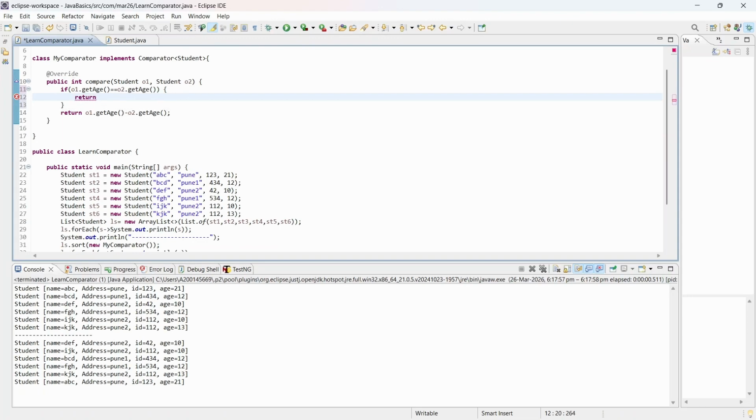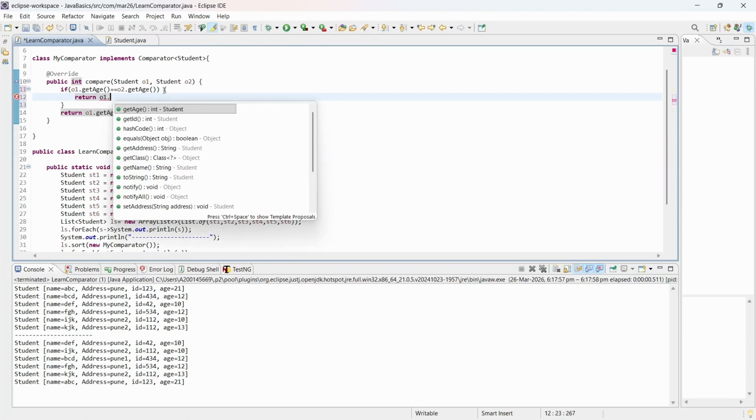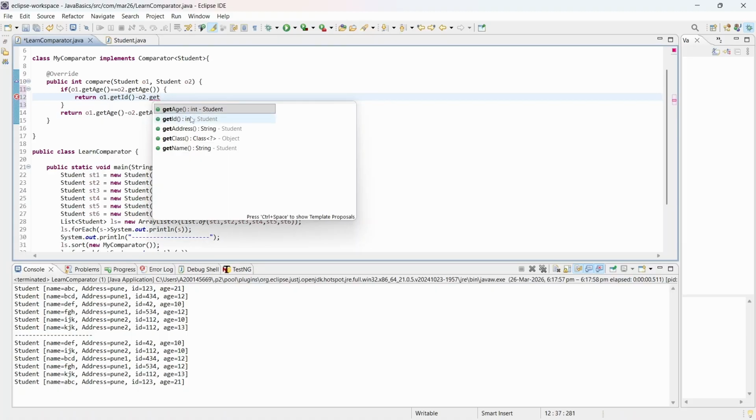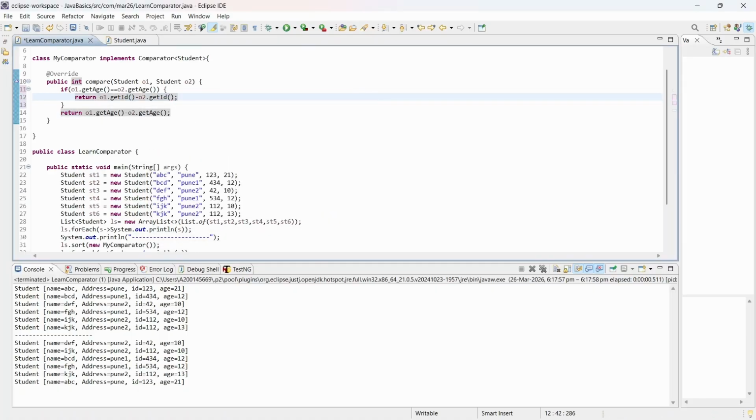In that case we want to compare o1 dot get id minus o2 dot get id. So now if I run this,